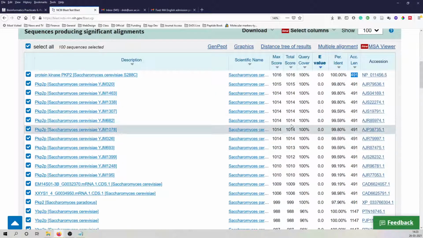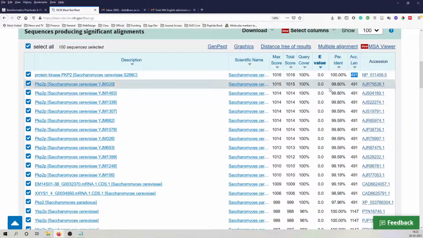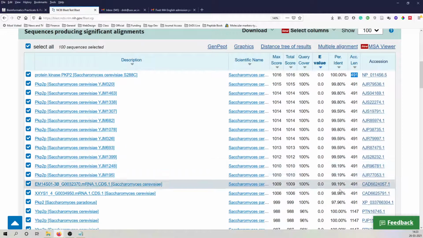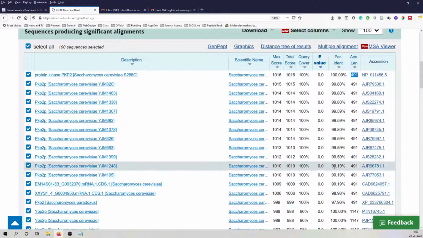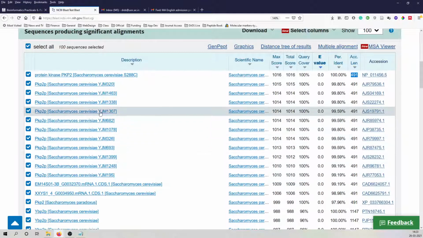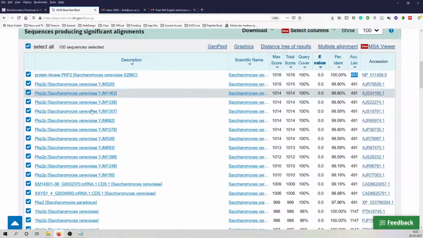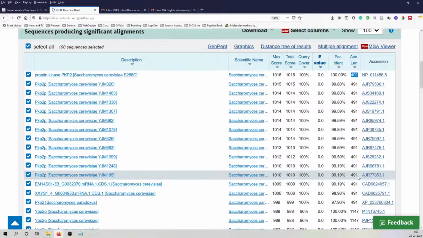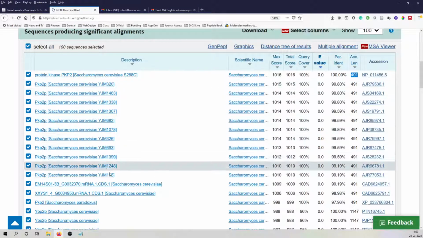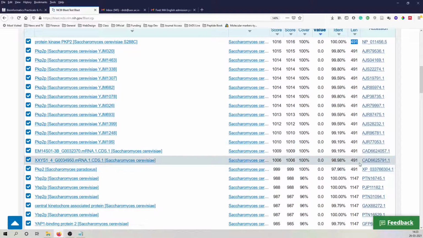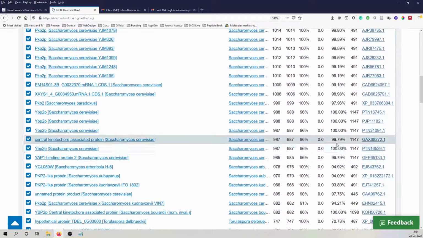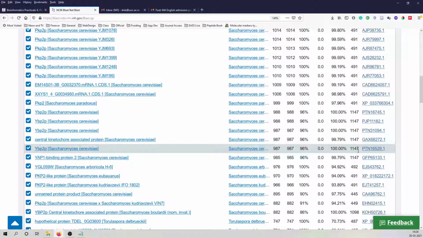Now when we come to the other sequences, similar sequences are there, but even though the length of the sequence is the same, the percentage of identity is decreasing and the total score is also decreasing. You can see that. That means there may be some amino acids that are different in each of these entries. Even though the total length is the same, there may be some mutations which result in changes in the amino acid sequences. So when we come down, there is 100% identity, and this is a longer sequence.